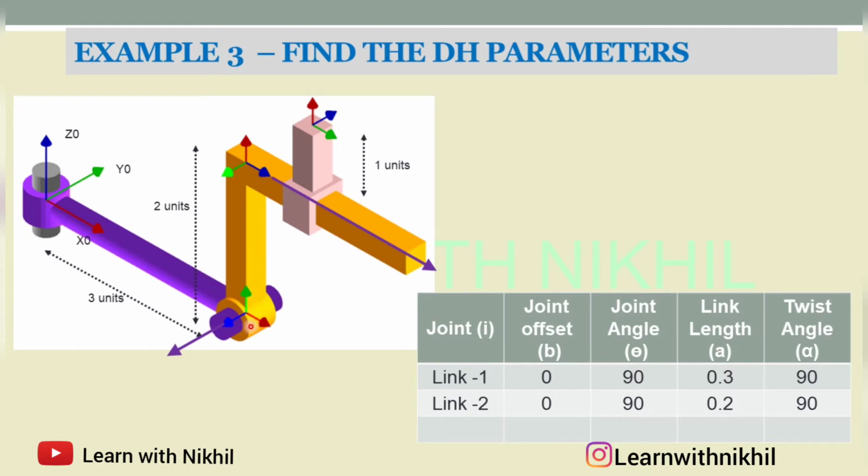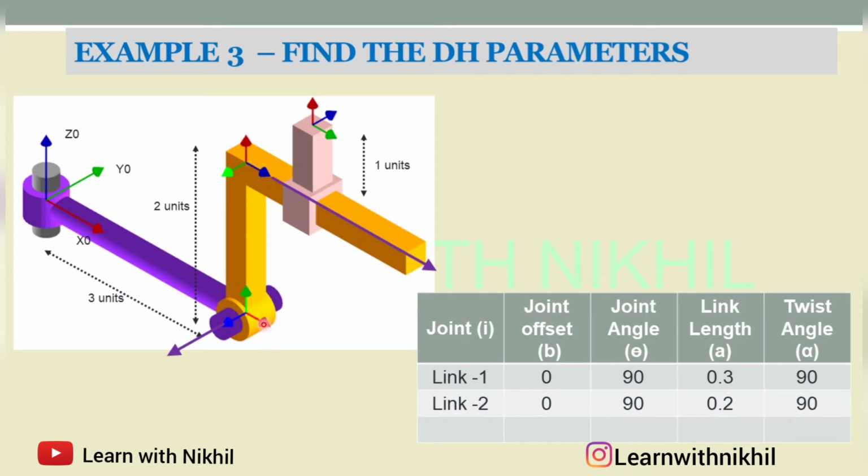So to rotate it, we have to rotate it 90 degrees along the z-axis. So the joint angle is 90 degrees. Now the link length is 0.2. So now we have to transfer from this point to this point. For transferring this, we have to raise it to a height of 0.2 meters or 0.2 units. So we have to increase this height, and transfer this from this point to this point.